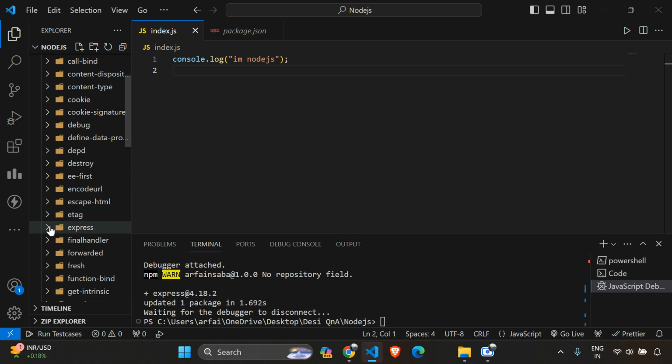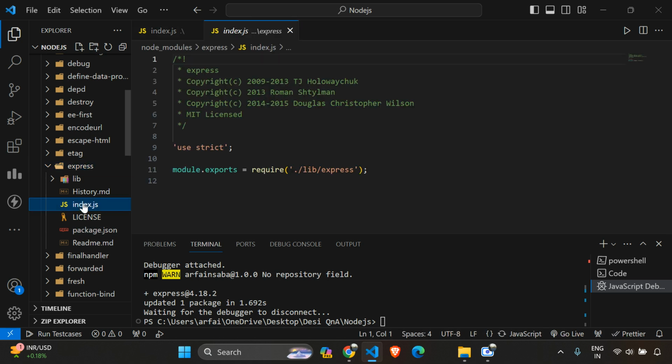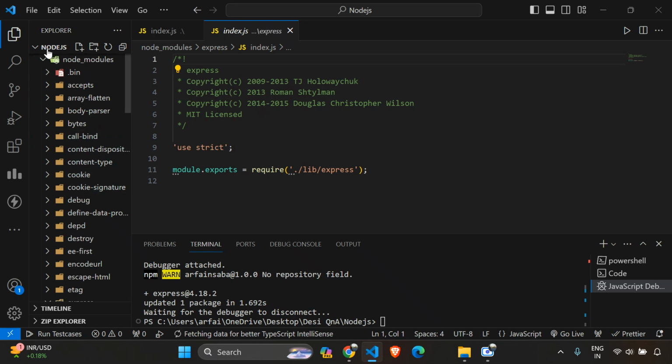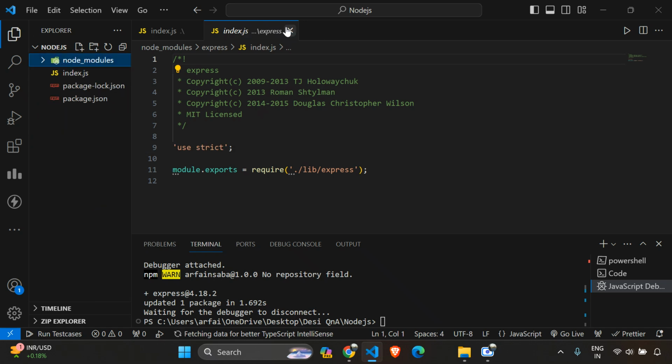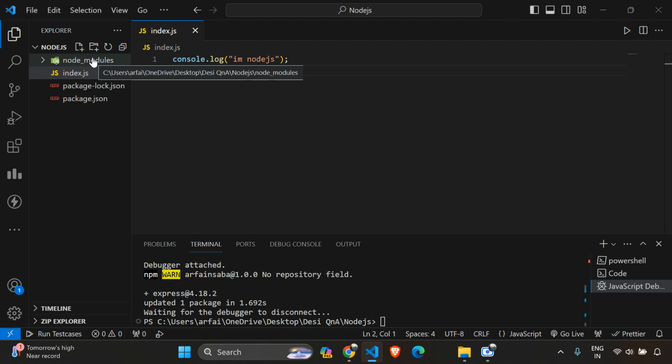I have added only Express, and I have this much. And inside of this Express also we have this package.json, readme.md and all this, even this index.js, right? So having this much data, pushing this much data to the Git repository is not a good idea. Rather, what you can do is ignore this. We will be writing this in our gitignore file that you had seen. And when someone downloads the project from the Git repository, they will not have this node modules, right?